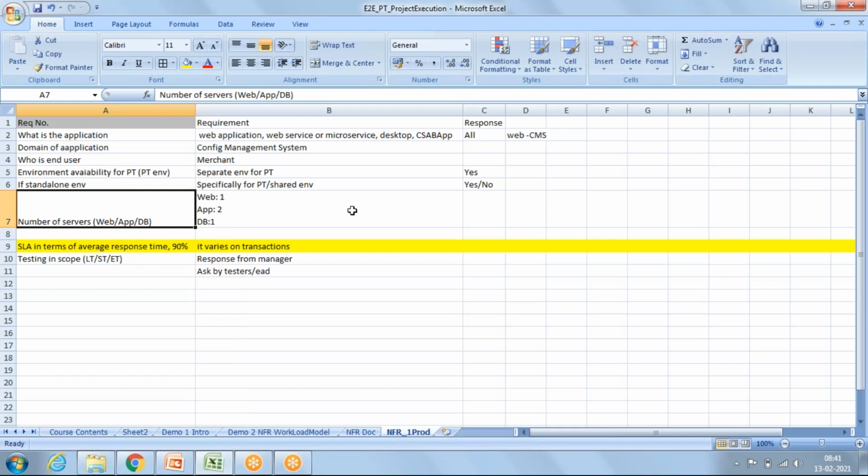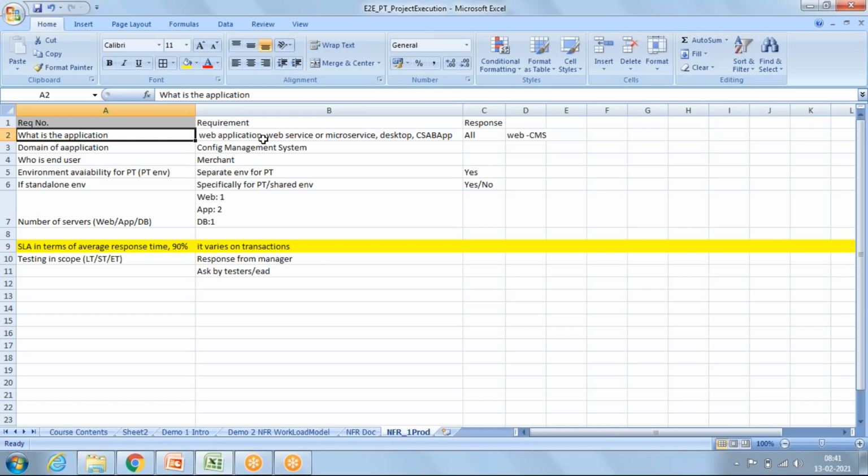Okay. So here we have some questions. What is the application domain? What is your application? What is your end user? What is the environment available for PT? If an environment is available, then what kind of infrastructure capacity is going to be provided for performance testing?